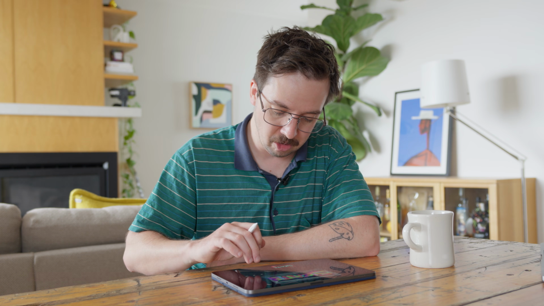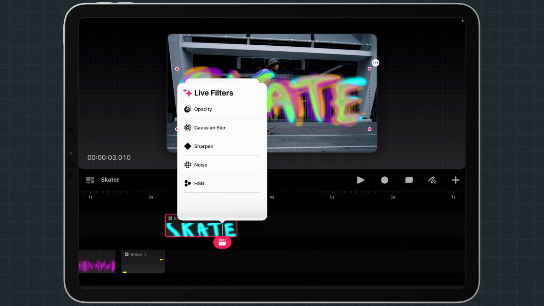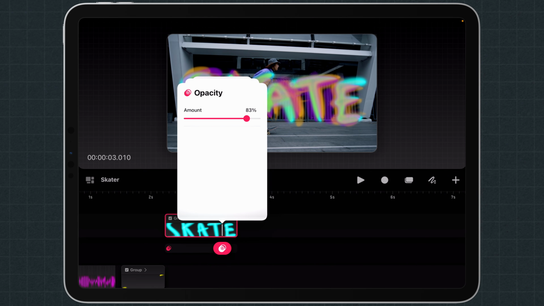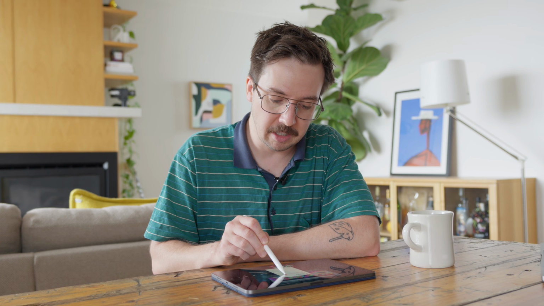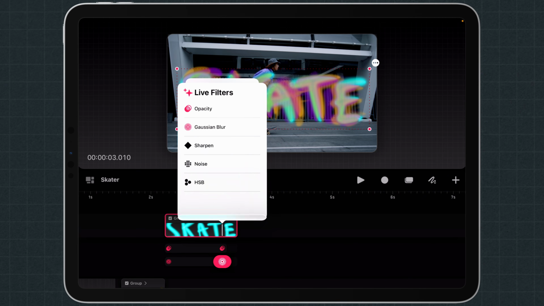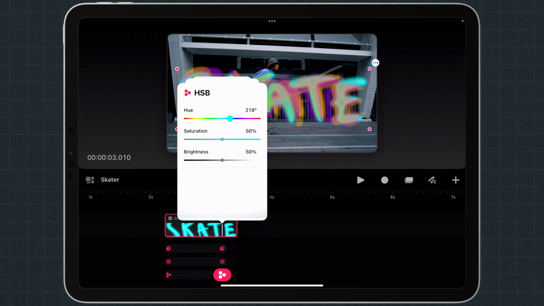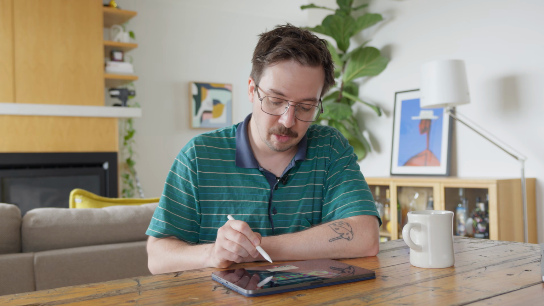All right, let's undo those things that I've done there. You can also do some filters as well. So you've got opacity filters, so you can actually just change the opacity of what we've done, which is really nice. Actually, let's just move that down slightly less than we had it. You can then go to a Gaussian blur, so you can add some blur across it. You've got sharpen if you want to make it a bit sharper. You've got HSB as well, so you can change the hue, saturation, and brightness. If you're not happy with what you've done after the fact, you can change that. So let's say we wanted to make this a purple or red color, we can do that. I'm going to leave it as is. So there you go. There's just a few extra things that you can do.